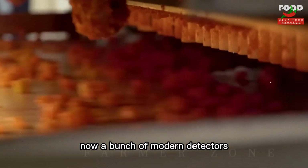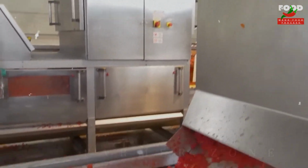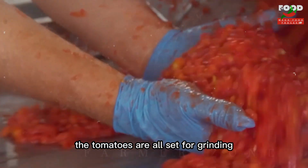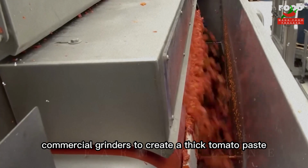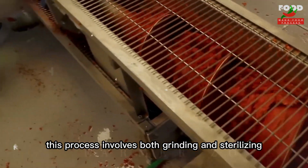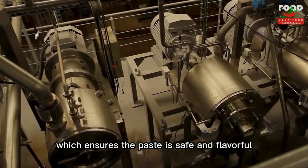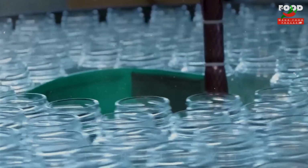Now, a bunch of modern detectors. The tomatoes are all set for grinding. Commercial grinders to create a thick tomato paste. This process involves both grinding and sterilizing. It takes a bit of time to get the packaging